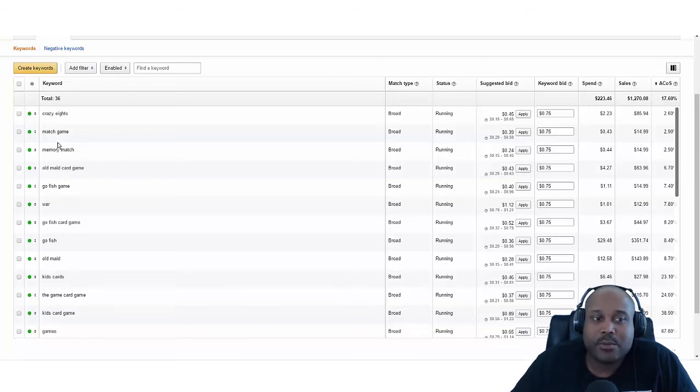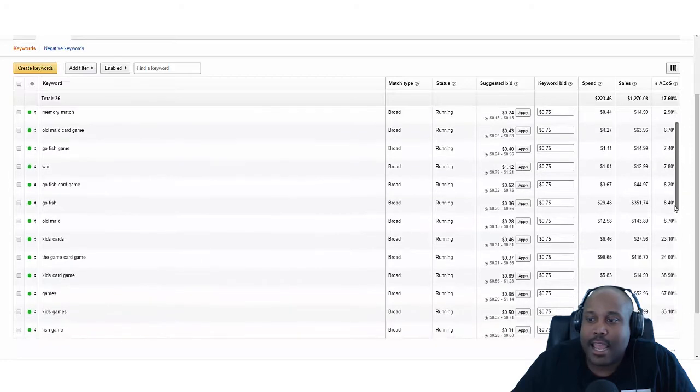And then as we move down, we see match, game, memory. All of these keywords have a really low ACOS, meaning I'm not spending a lot. As I move down, everything is performing well, under 10% until I get to here, and that is my word